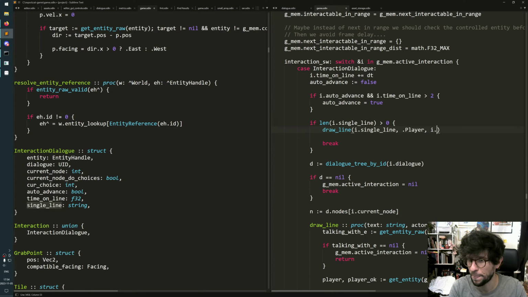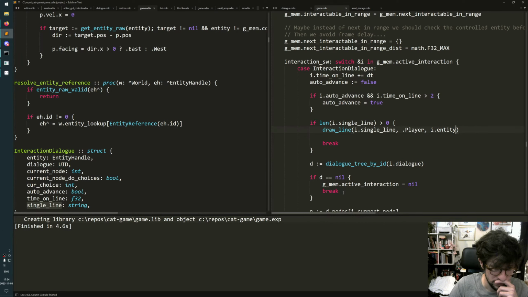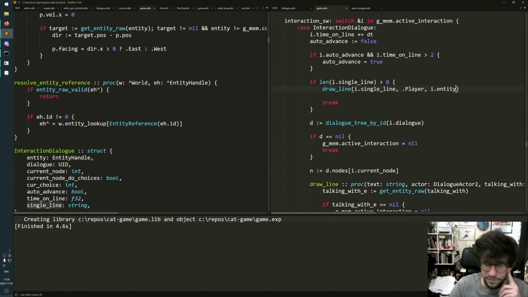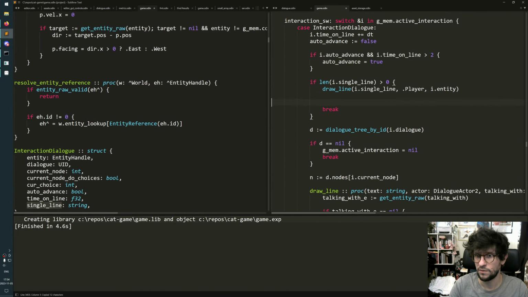So you say I.entity. That might work. Oh, I also need to, this auto advance thing is so that it spends a set amount of time on the dialogue line and then it auto advances, and I want to use that